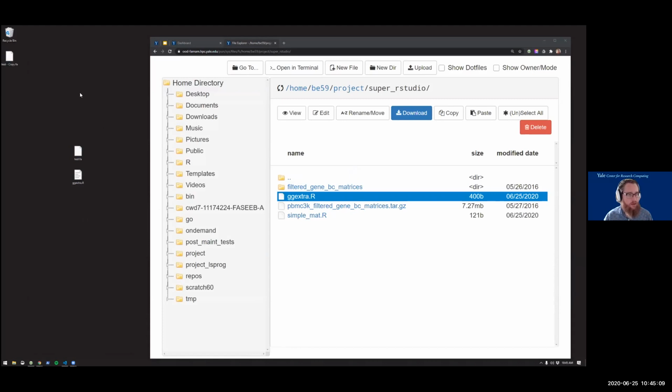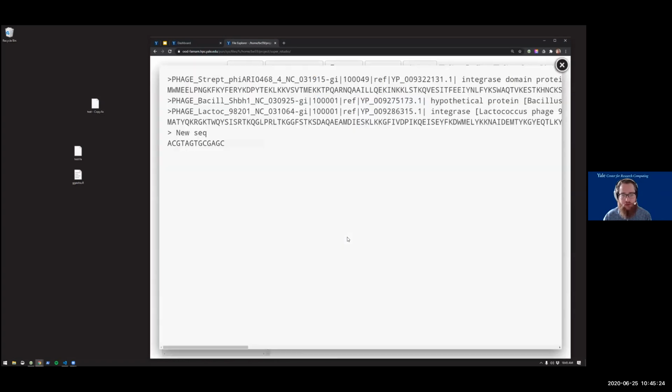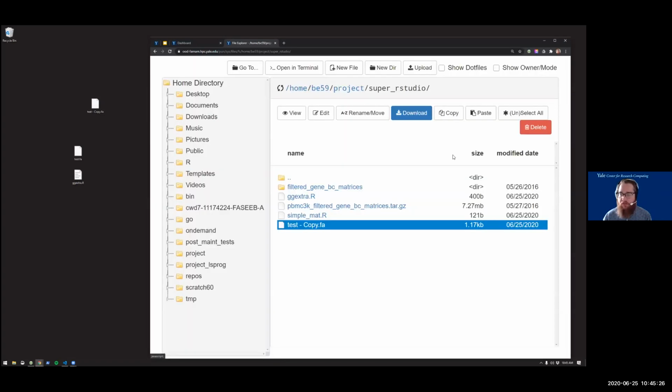So if I had a new file and I wanted to transfer it, I can also just drag it into the browser window. And if I let go, that will transfer that file to the current directory that I'm looking at. And you can view it to make sure, yes, this is that file. Again, if you have like 100 big sequencing data sets, this isn't the best way to transfer those, but we've had people do it and it's worked.